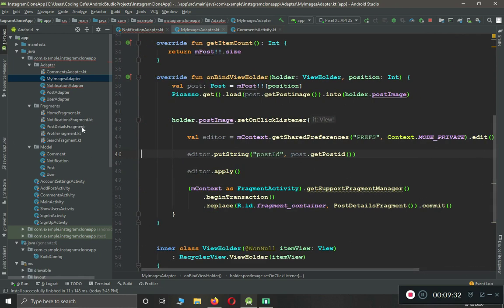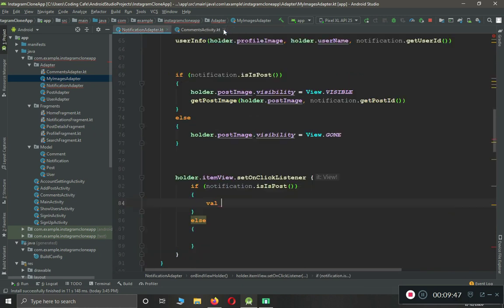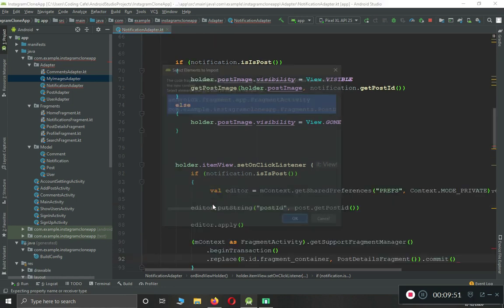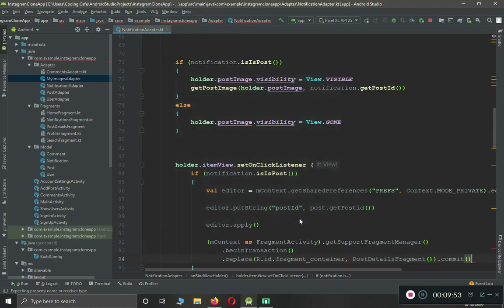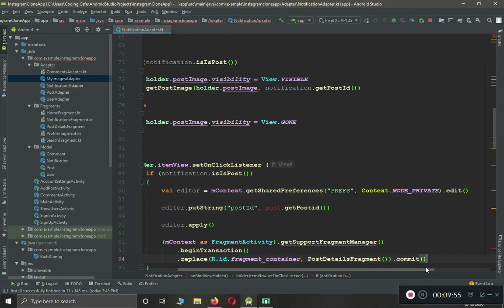Sorry, before I said post detail activity, but it is post details fragment, okay. So I mean, just copy this editor dot apply, all this shared preference code, just copy it from here. And now let's come back to the notification adapter and paste that here, okay. And editor dot put string post id, using the same id, okay. And notification dot get post id,